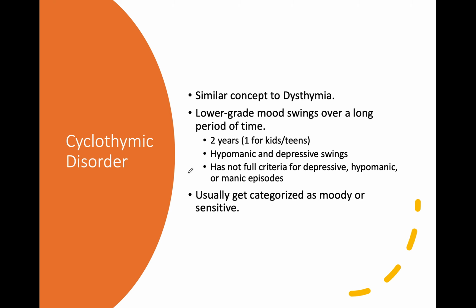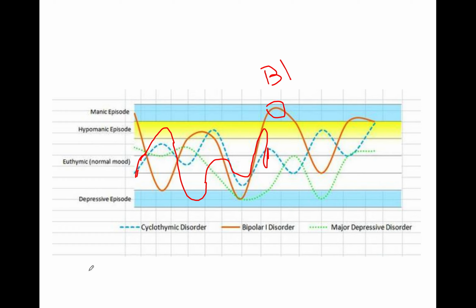So if we were to make a graph, and I think there's one here. Let's see, can I... Oh, why can't I use my thing? All right. So for cyclothymia, we're looking at this blue dotted line. So it goes over a period of time, not the full criteria for hypomanic. Maybe they just touched it for a day or two. But you see they're just going up and down.